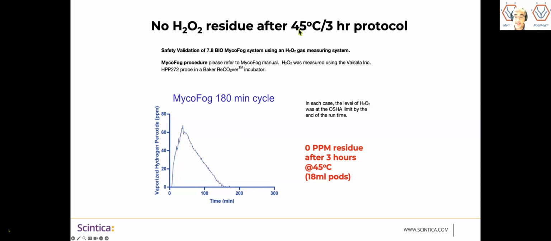In this case, we're using the 45C 3-hour cycle. You'll see that after about 155, 160 minutes, there is no parts per million of hydrogen peroxide in the atmosphere. That's very important, and we say, wait till 180 minutes is gone. So we've given another 10, 15, or 20 minutes even for complete dissipation to occur, and therefore no exposure to